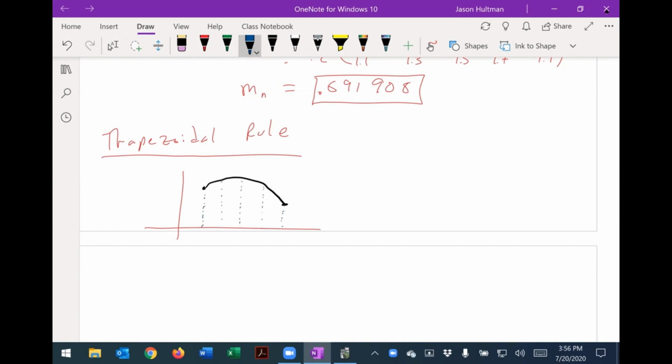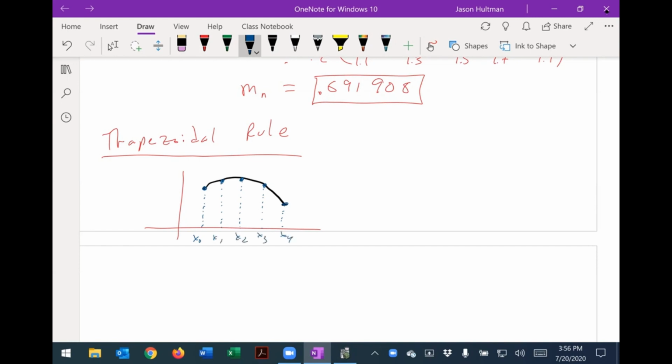Cut them in half, and then cut those in half, and we get 4 divisions, right? I want to look at these points, where we're at x sub 0, x sub 1, x sub 2, x sub 3, and x sub